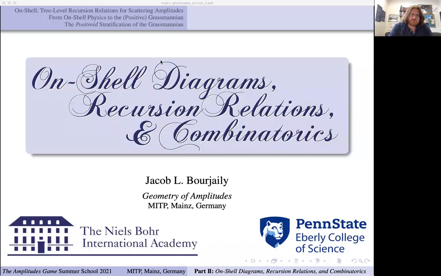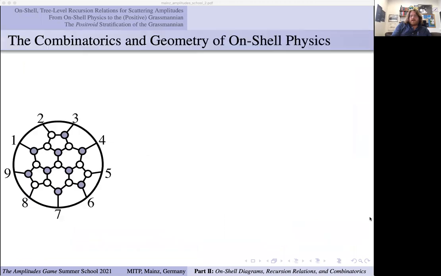Hello, welcome to the second of 4 lectures on the geometry of scattering amplitudes. Today's lecture, I'd like to cover a lot of material, as usual, on the connection between these on-shell diagrams, recursion relations, and what they mean in a combinatorial picture. And the theme for today is really to touch many corners of the following